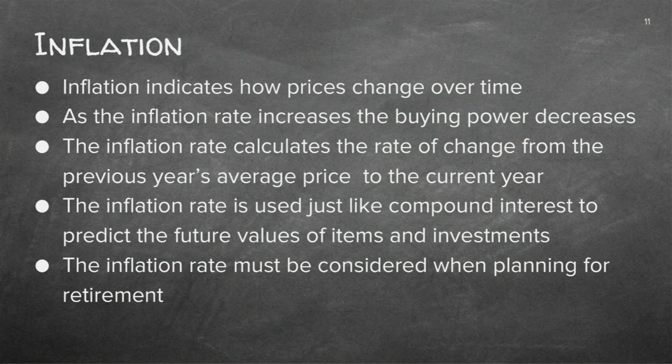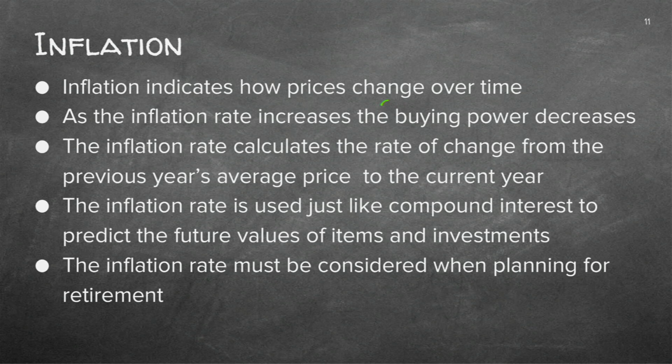Now you need to understand what inflation is. That is, every year, everything gets more expensive. So next year, you cannot buy the same amount of food with the money that you've got now, because there's an inflation rate in the vicinity of 4% or so. So let's just check these notes so that you're 100% sure what it means. Indicates how prices change over time. So every year, the inflation rate makes the prices higher.